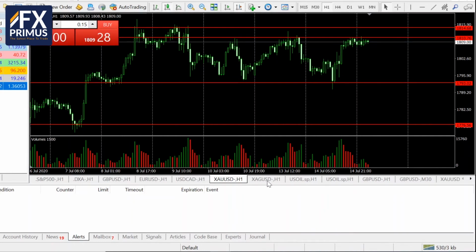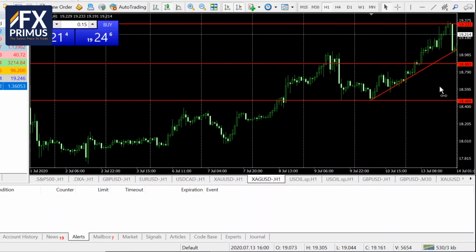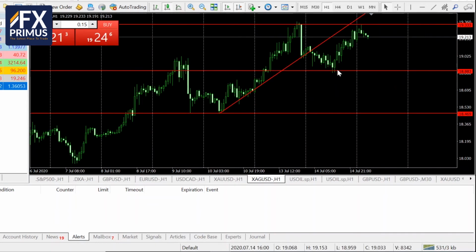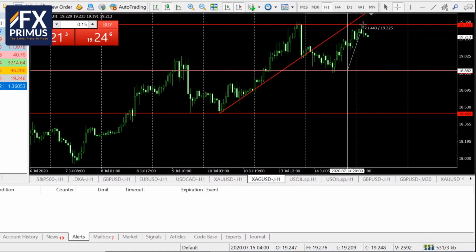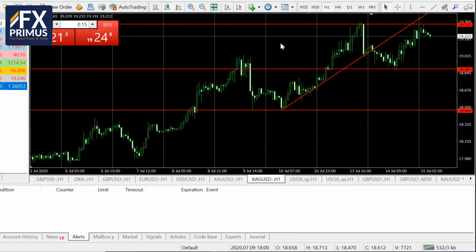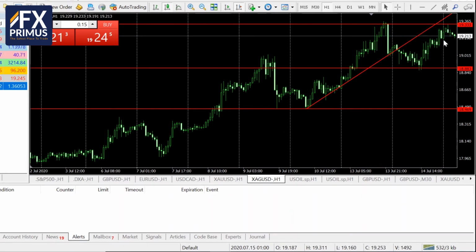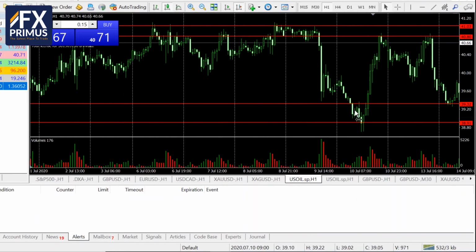Okay, so quick look at silver prices. Silver was also consolidating after pushing up 2 days ago. Okay, touched a high, came down, found a very nice support here at $18.82, and then after yesterday and also this morning, came back up to test the previous high. Okay, so quite a similar story for oil prices,